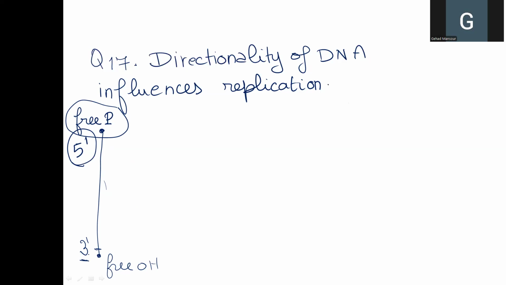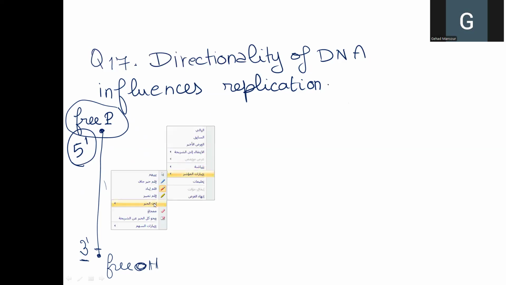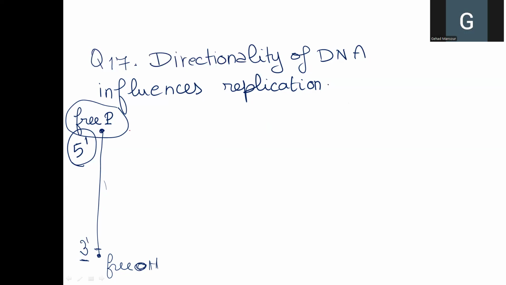Similarly, we have the free hydroxyl group, and the free hydroxyl group is not attached to any other structure downward. But when we come to the double-stranded structure of DNA, we will find that the other strand of DNA will be in the opposite direction, meaning that we have here the 5 prime end and we have the 3 prime end. So if that strand has a free hydroxyl group here, so here we will have a free phosphate group